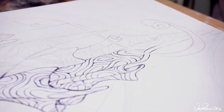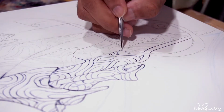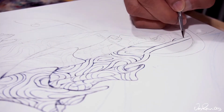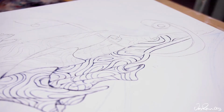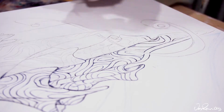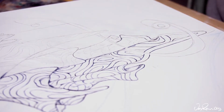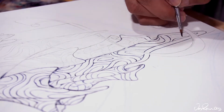Now I'm starting to look more and more at fashion, and I'm thinking about that for the next chapter of this project. So for these spirit paintings, I do about 9 to 12 paintings for each chapter, and this is the first chapter that we're working on. This is the 11th painting in this chapter. I think I'm going to end the chapter here with this painting. It's going to be the last one, and for the next chapter I'm going to be doing something that's a little bit more fashion illustration based,